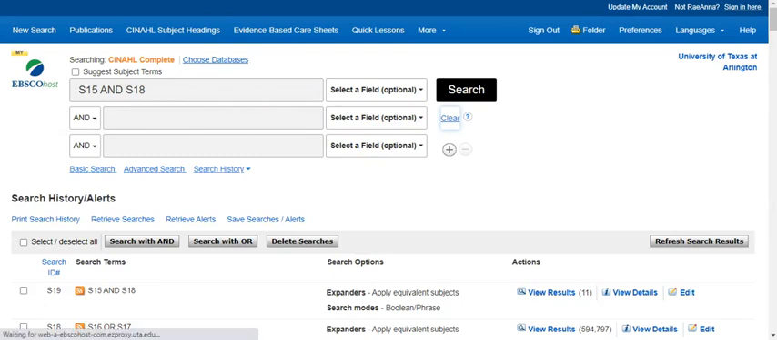And with that, that is troubleshooting in a nutshell. There are other methods to troubleshoot your searches, but those are very complex. So I recommend reaching out to your nursing librarians, and their email address is